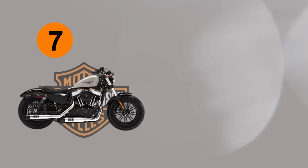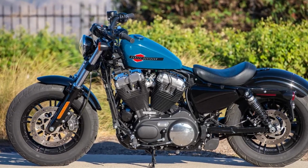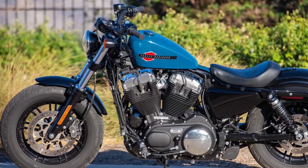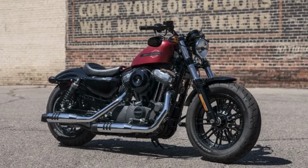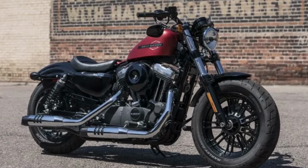month is over. Number 7. Harley Davidson 48. Every year, a few Harley Davidson models end up gathering more dust than miles. And as we roll into July, one bike that keeps appearing at the back of the showroom floor is the